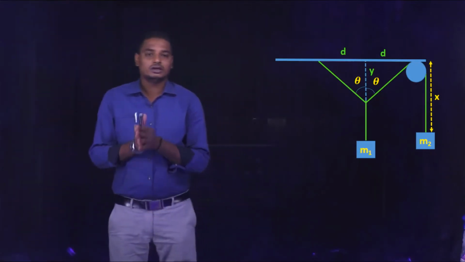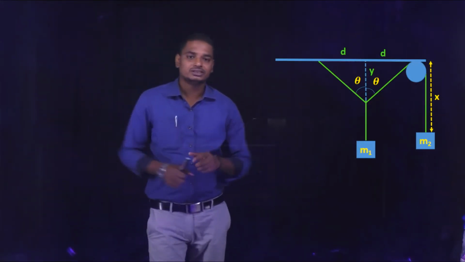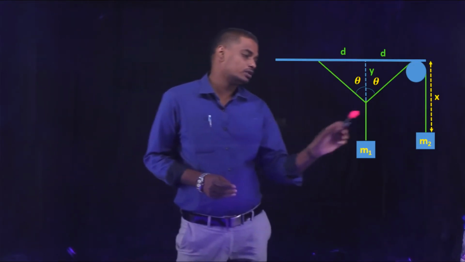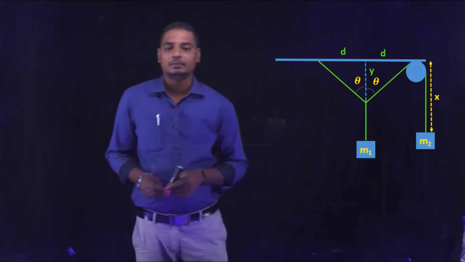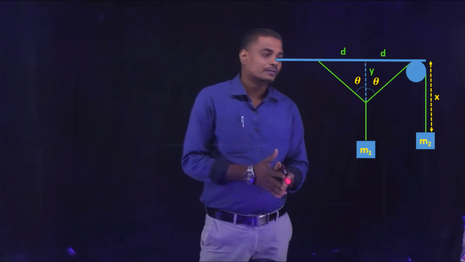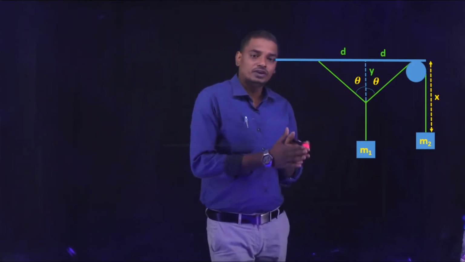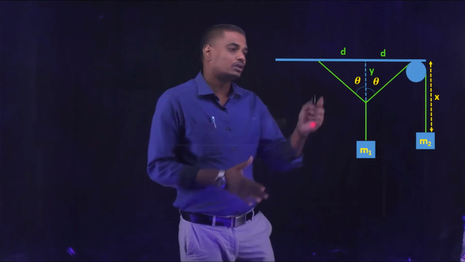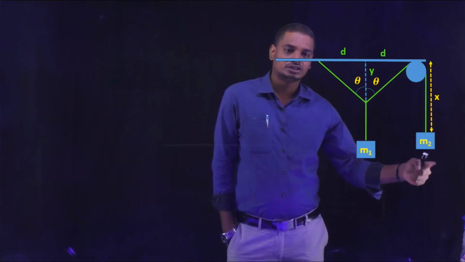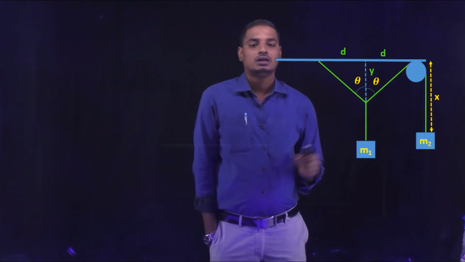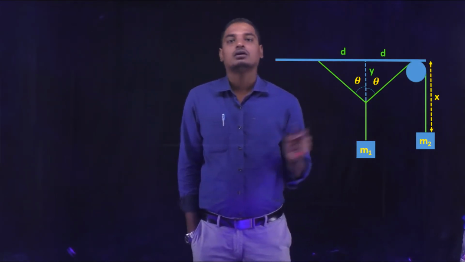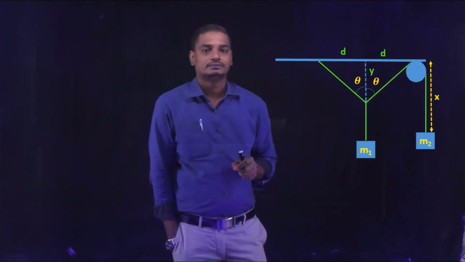Okay students, now let us go to the next problem or the next example. The question is given like this, and we need to find the relation between the velocities of the two blocks of masses m1 and m2. So in the same procedure as we followed earlier, initially we need to calculate the length of the string. Here you can observe this green wire is the string which is connected to the block of mass m2, and another wire which is connected at the middle to the block m1.